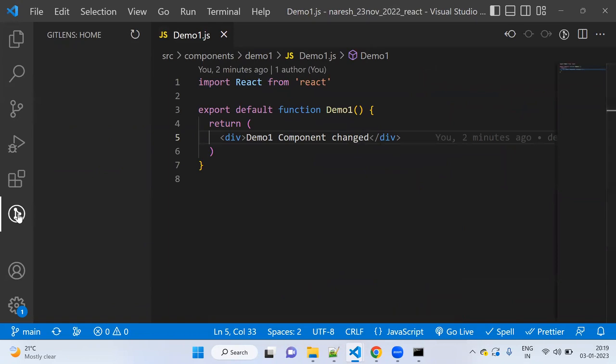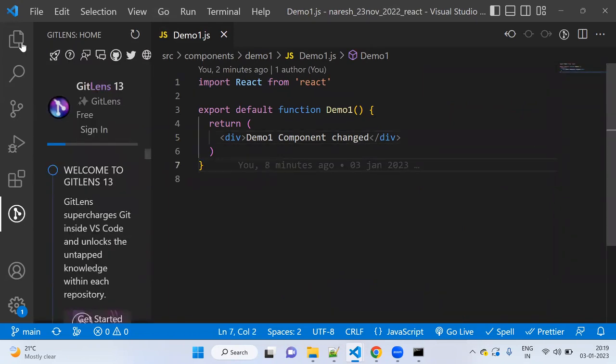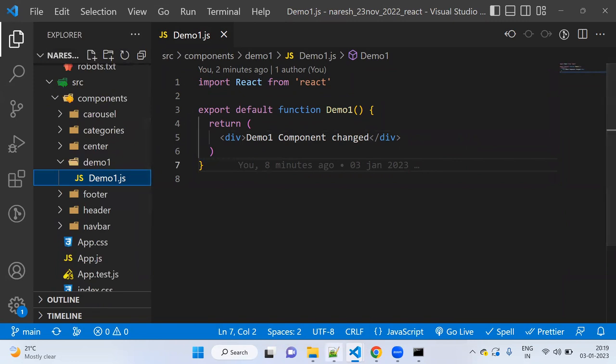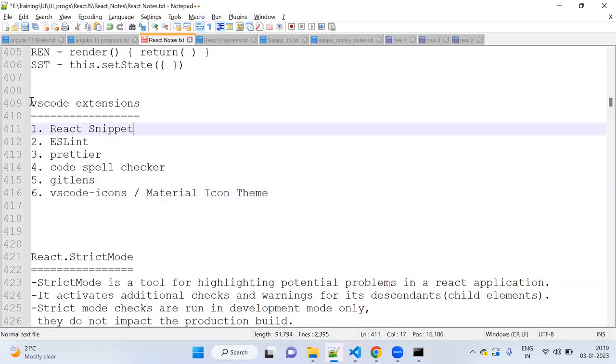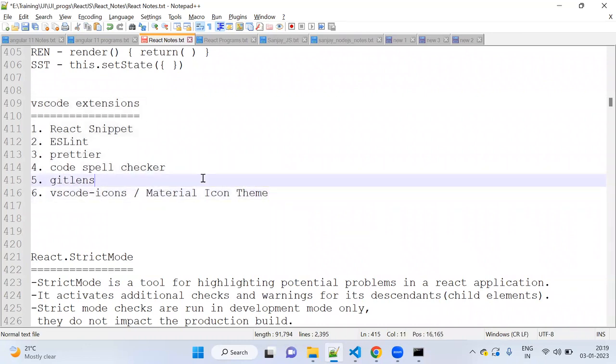Are we clear? Yes, sir. Okay. So these are the extensions we can have in Visual Studio Code for efficient development, faster development. This is not must to have, but nice to have. Next thing,